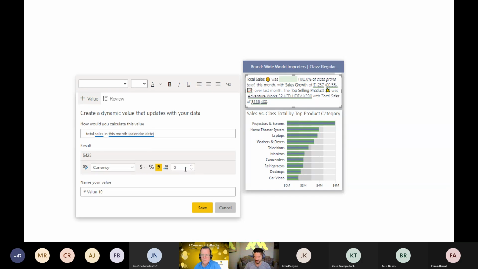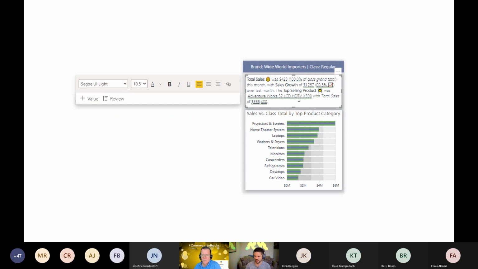So I'll do a bit of formatting. There we go. So it actually shows up. And then as another recommended practice, because if you ever go to review, you'll get a list of all your calculations in there, it's usually recommended to give this some kind of name, current month sales, something like that. And then it pops it into here. And if you wanted to, even though the number will constantly change, you can still underline it, italicize it, bold it. But my preference, at least for this, is just giving each dynamically changing value an underline, just to map them to each other.